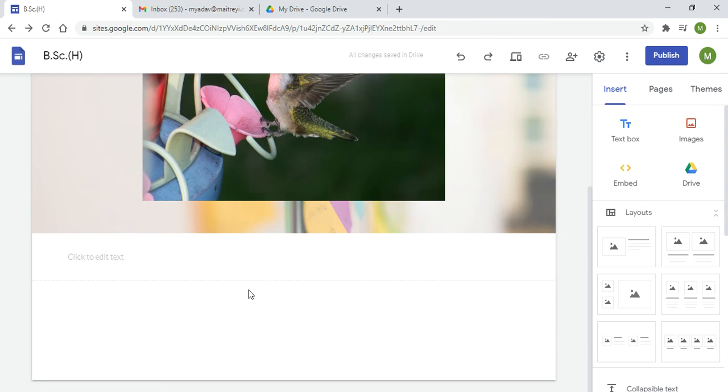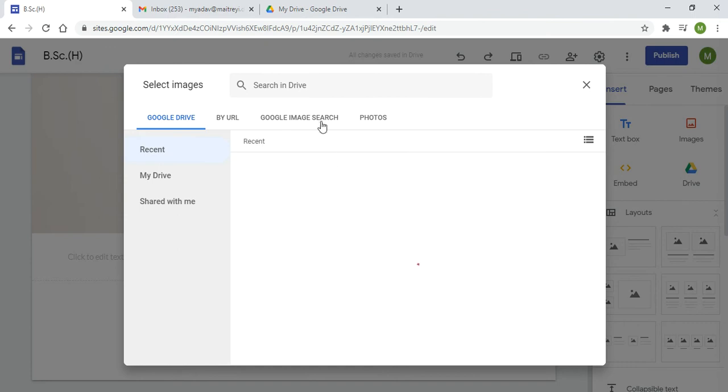You can insert an image here. So we are not doing that right now. If you want, I can show you. You click on images. Either you can select the images which are already available with the Google site, or you can upload an image. So let us say if I'm selecting an image,